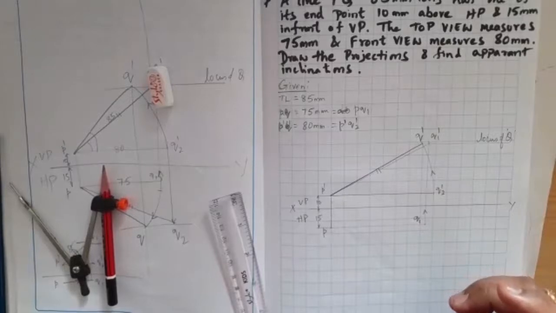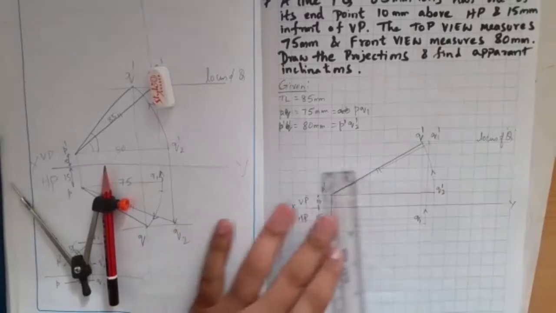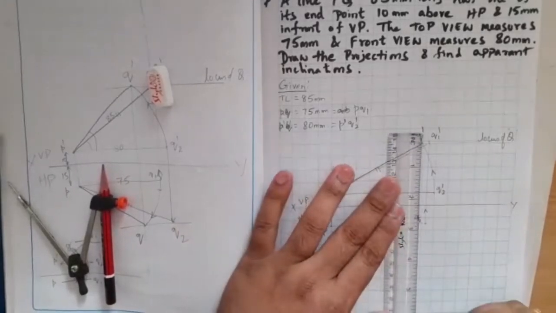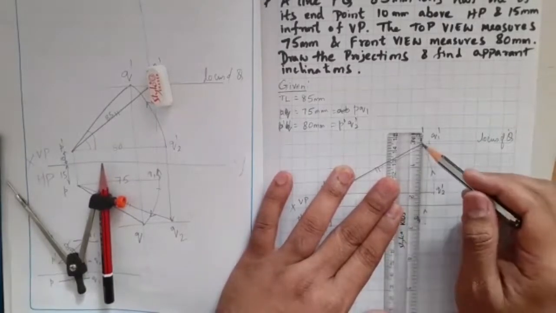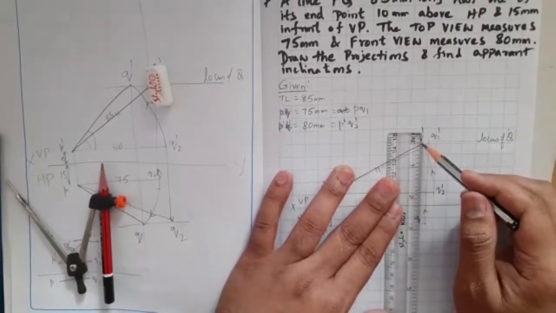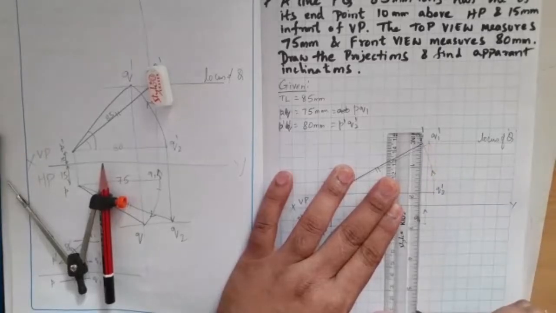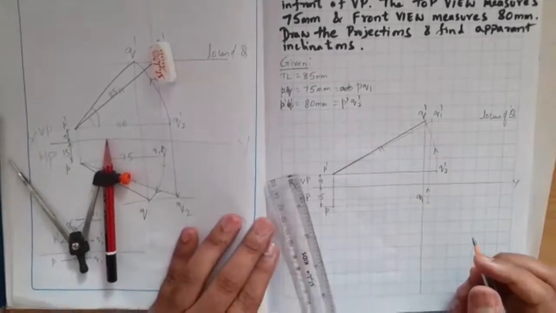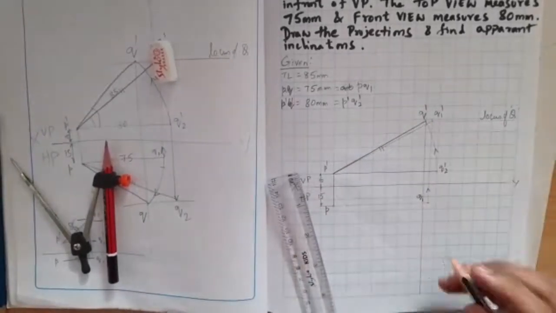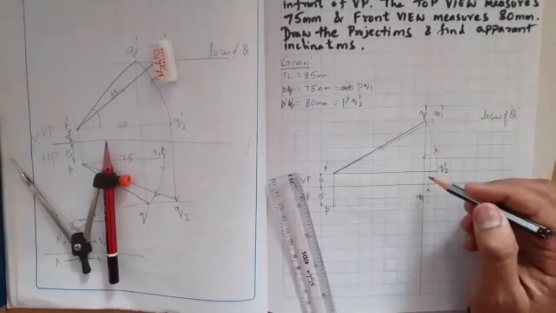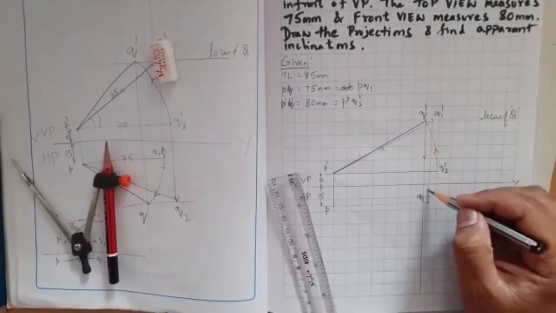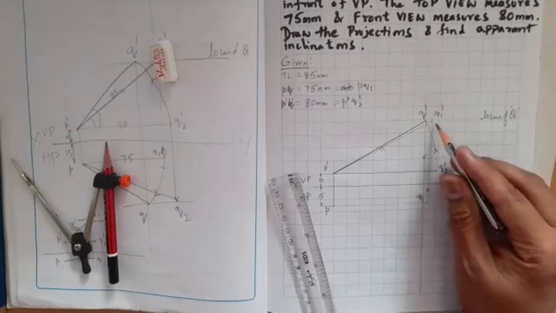Are you able to get it? So next, where Q dash is, there only I need to get Q. So I'll draw a projector from Q dash downwards towards the horizontal plane. From Q dash, I have drawn a projection line. I'll draw an arrow mark here. So that is the next step that I am following. See, here I am drawing an arrow mark and finding out Q1 dash.